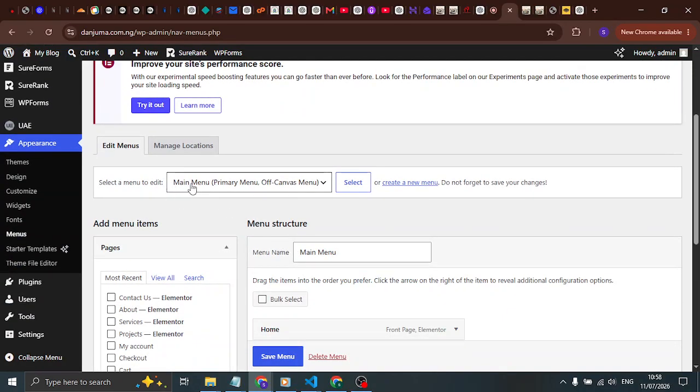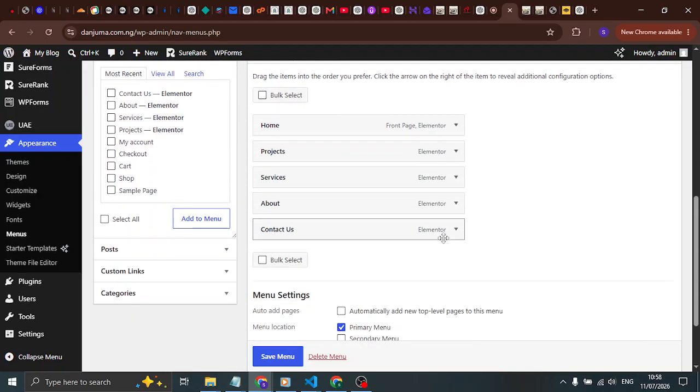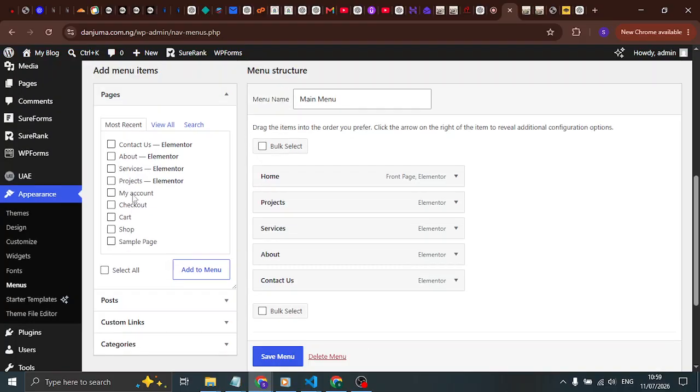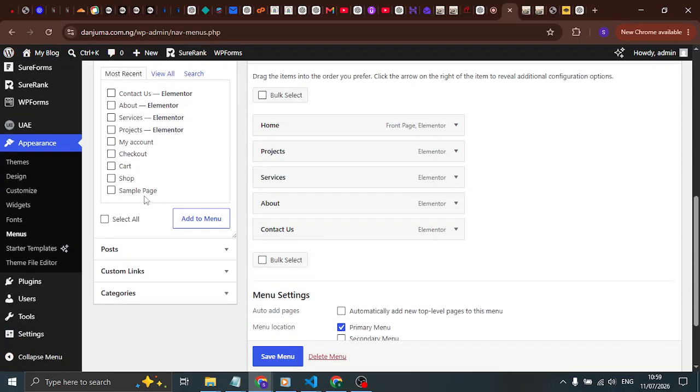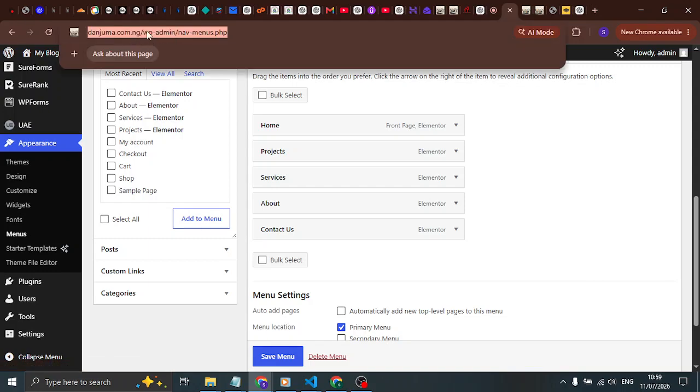Like in this case, they've already selected main menu, which is the main menu of the site. You can see this is where it's coming from. So maybe you want to add a project. Maybe you want to add a link to another page that is not in your pages, right? You can use custom links, right? Let's also assume that there's a page that is not listed here, or maybe there's a link to a particular post